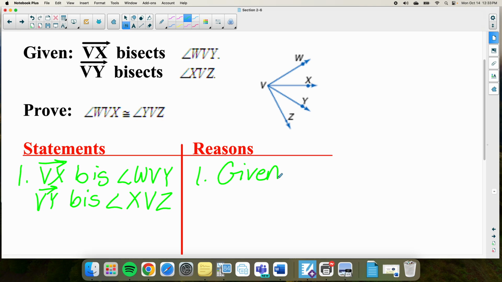Now, whenever you hear bisect, that means that that is going to cut that angle in half. So if VX bisects angle WVY, what we can say then is WVX, and you want to make sure over here that that's the order that you put those in. So what we would say is angle WVX is congruent to, and now this next one